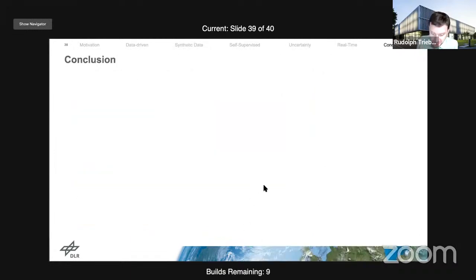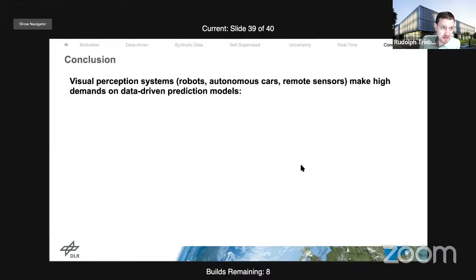Okay, which brings me to the conclusion of my presentation today. So I showed you different kinds of visual perception systems in applications such as robotics, autonomous driving, but also remote sensors. And what I've shown you today is that they make very high demands on data-driven prediction models, right? And what are these demands? Well,